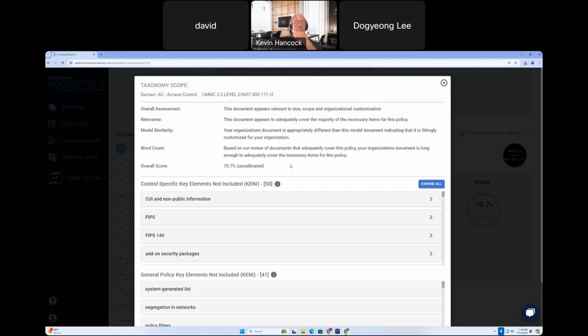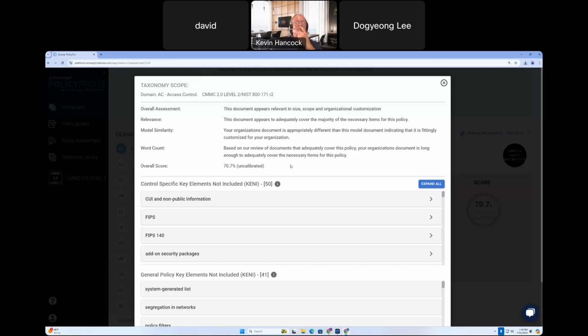A note about our overall scoring system, it is not like an academic score, meaning 90% is an A, 80% is a B, etc. Our overall scoring is a relevance scoring system, meaning anything above a 50% is a relevant document. But I'll talk further on in the demo about how you can utilize the overall score along with some of the other feedback we provide you to see how your policies are doing both holistically as well as specifically. So that's kind of the high-level overview of how your policy is doing, but we also provide some